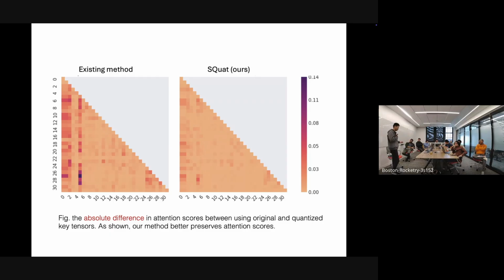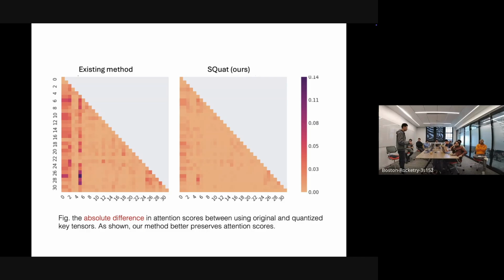So our goal is to make sure the attention mechanism can generate similar output as if we're using the full precision KV cache. So in this experiment, I'm showing you the comparison between existing algorithm and our algorithm in preserving